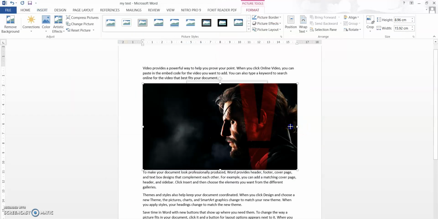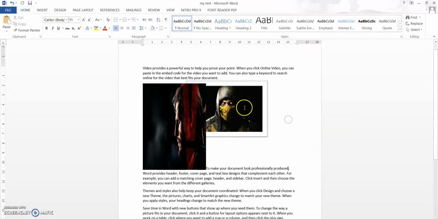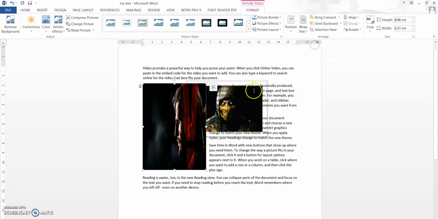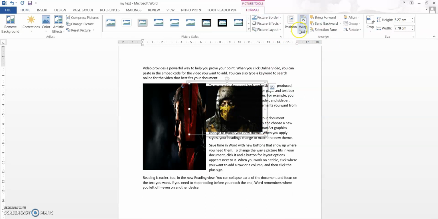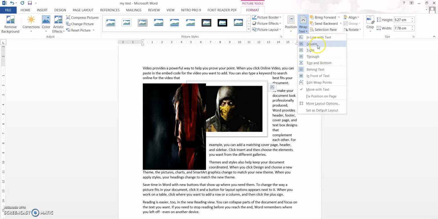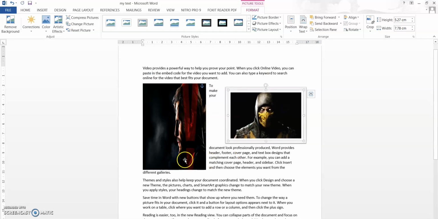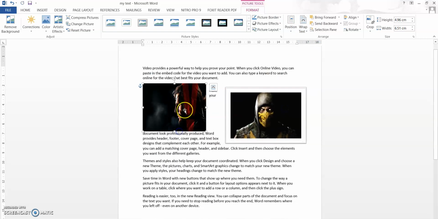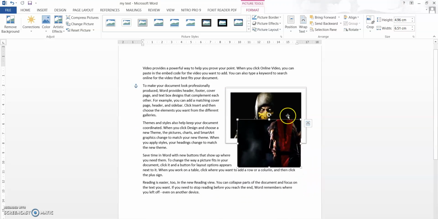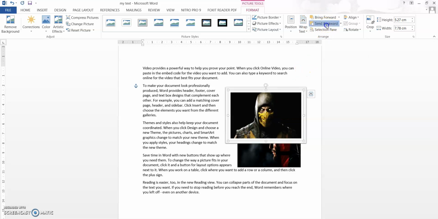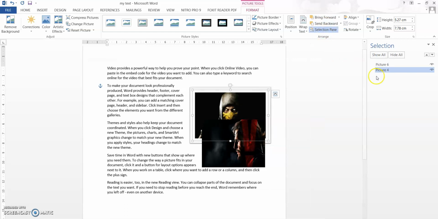So you see there are now two pictures, and now this picture is also, I will wrap this text as square. Okay, so this picture, let me wrap it as square. So both the things I have applied square. So you need to be very careful while editing in your software. Suppose I want this picture to be in front of this picture, for example, then I can bring it forward. Similarly I can send it backwards, and there is also a selection pane in which,